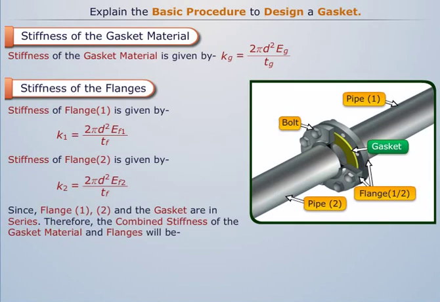Since flange 1, 2 and the gasket are in series, therefore the combined stiffness of the gasket material and flanges will be